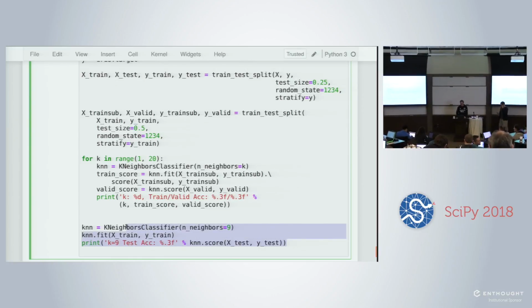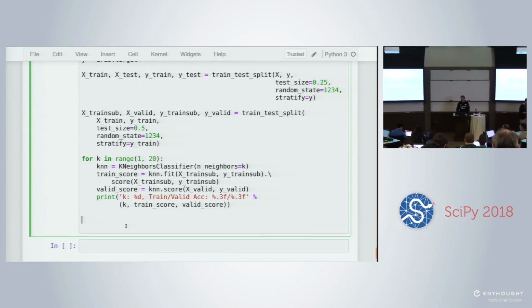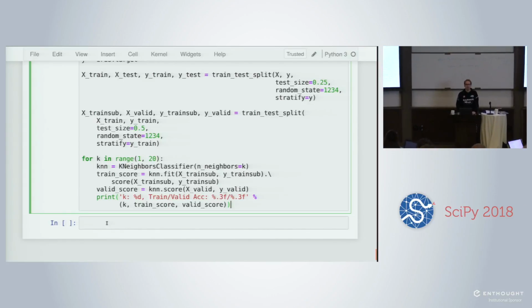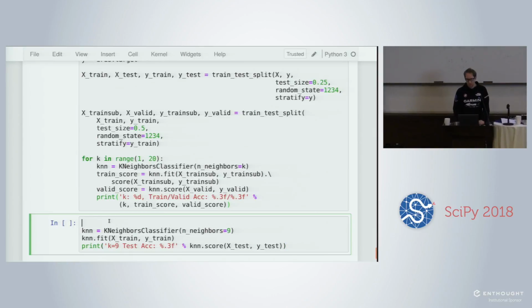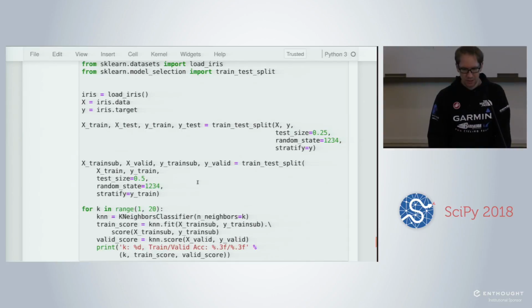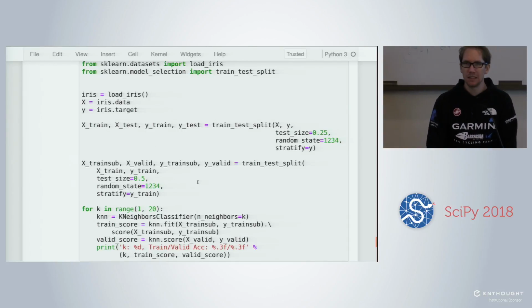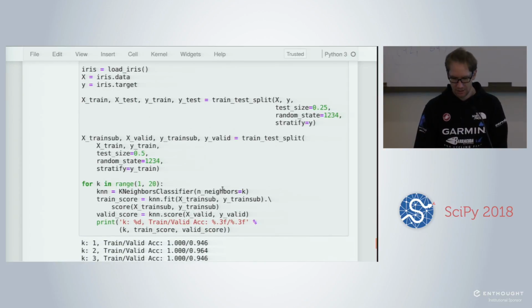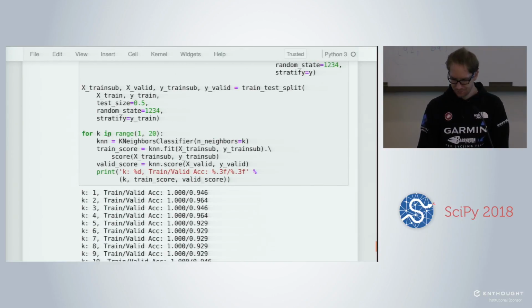So I will load directly the solutions. We already saw that we can load the iris dataset from scikit-learn. We also load the module to make the train test split. Here we get the X and y, putting the data in X and the target in y, and we split our data by taking 25% for the testing and the complement for the training, stratifying over y to be sure that we have the same proportion everywhere.